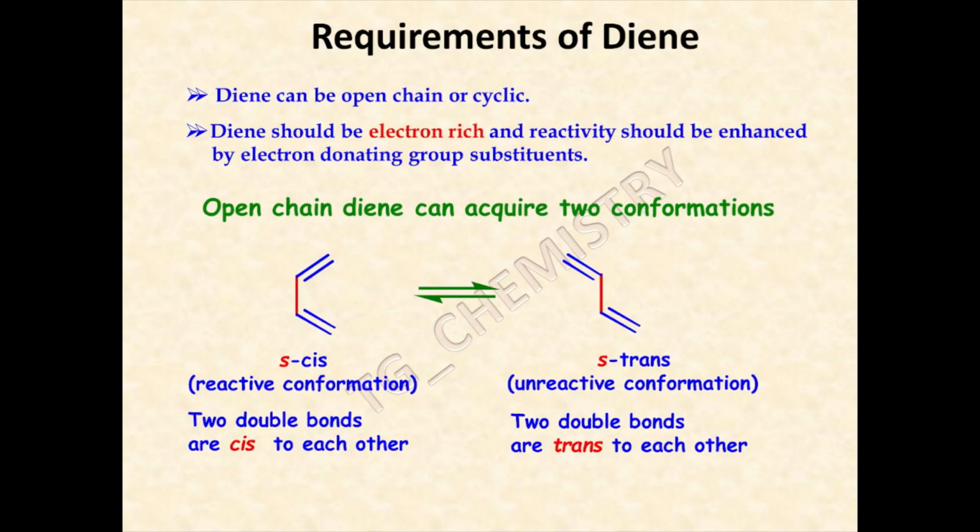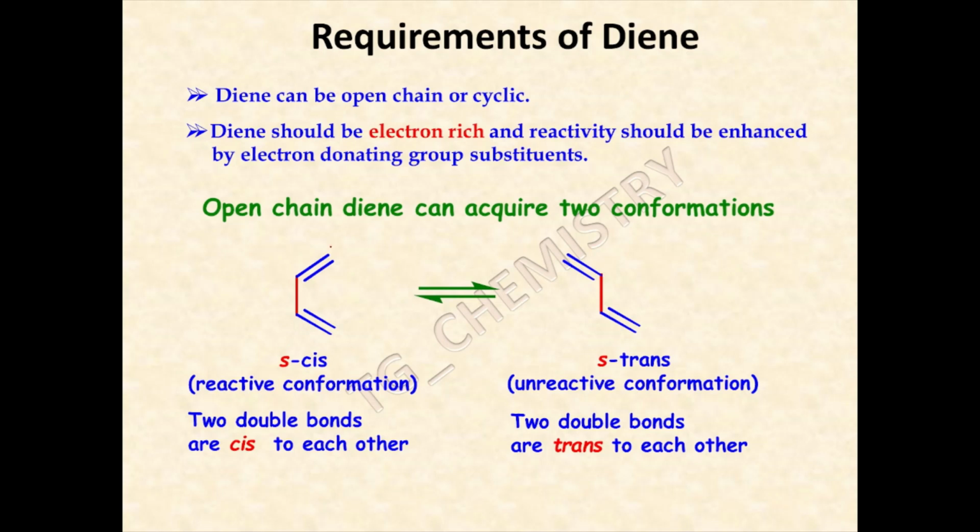Now we will talk about the requirements of the diene. Dienes can be open chain or cyclic substrates. It can be both, but the most important thing is that the diene should be electron rich, and the reactivity is enhanced by electron donating groups as substituents in the diene system. In the case of closed chain dienes, there are limitations in the conformational changes, whereas an open chain diene can acquire 2 conformations,